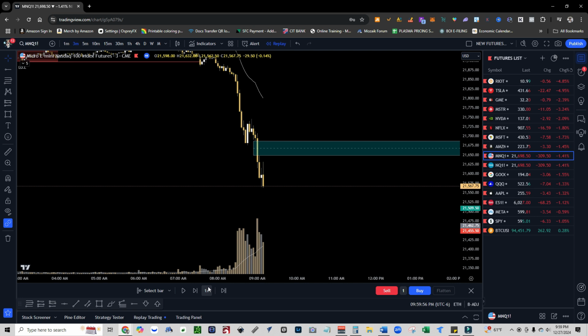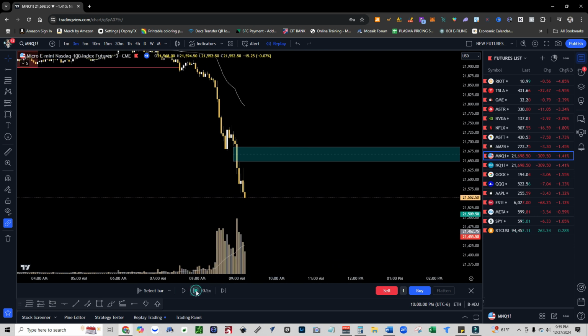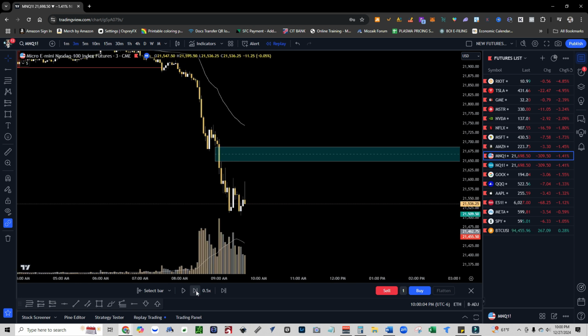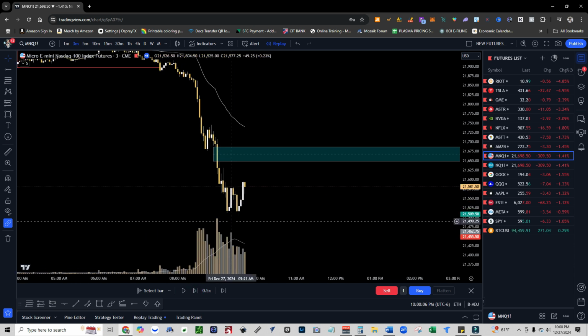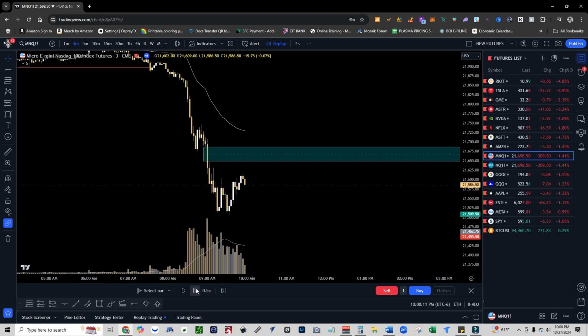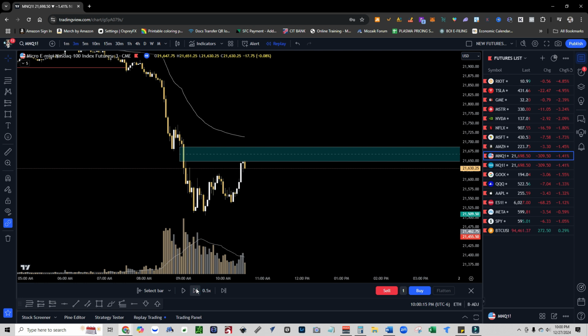So we're going to go ahead and keep on going forward and see how it sets up. So here we go. We're still going down, and we're getting some chop here. We got a little double bottom down here. Looks like we're trying to come back up, playing around down here, and then boom, right in here, guys. So right in here is where we're starting to tap that fair value gap.